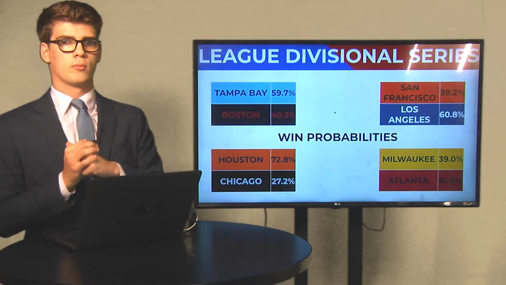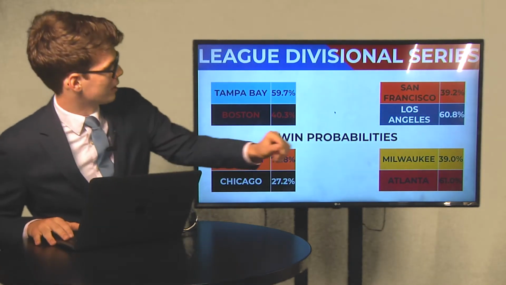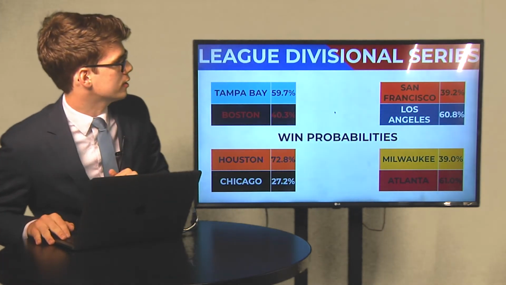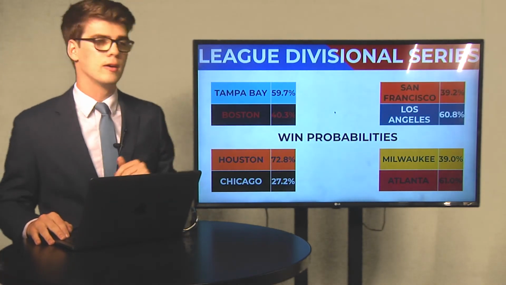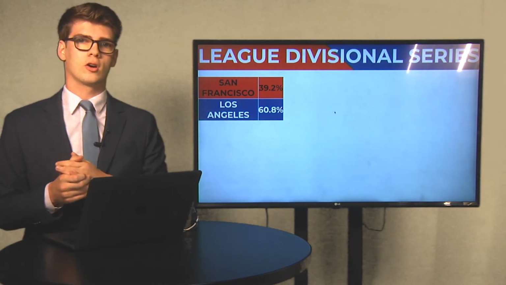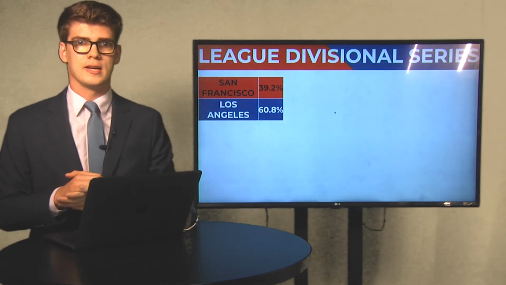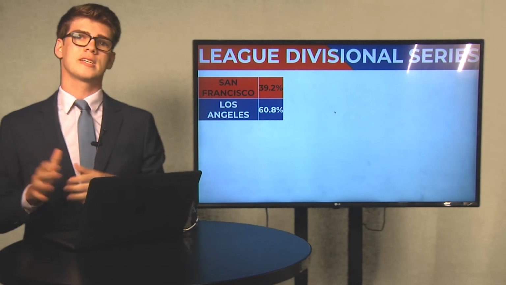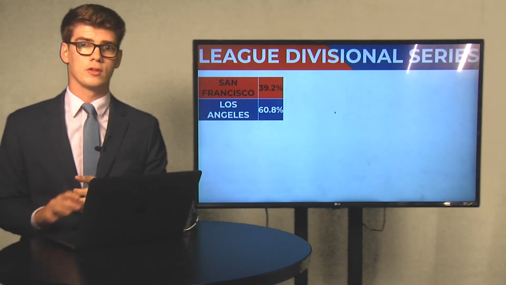Returning once more to the big board, we'll take a look at the matchup between the 107-win Giants and the 106-win Los Angeles Dodgers, the latter of whom is coming off a walk-off wildcard win versus the St. Louis Cardinals just last night. The model gives the Dodgers a 61% chance to advance despite being the lower seed.